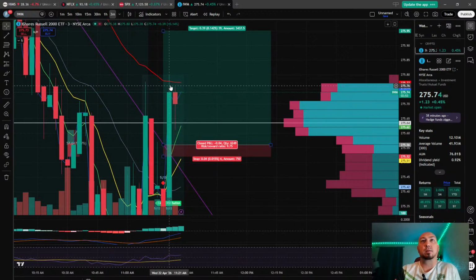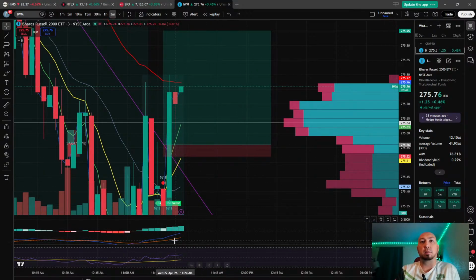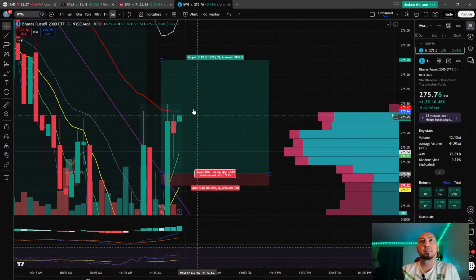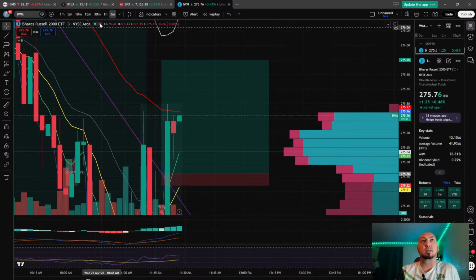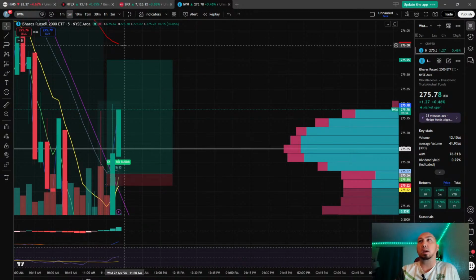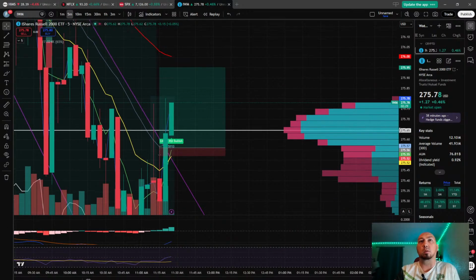On the 3 minute, we still have a 50 that's needing to get above. We have upturned EMAs, MACD building, RSI slightly building, that's good. So on the 3 minute, we have not crossed the 50, but we're trying to. On the 5 minute, 50 is way up here at the 276. So far so good with that.